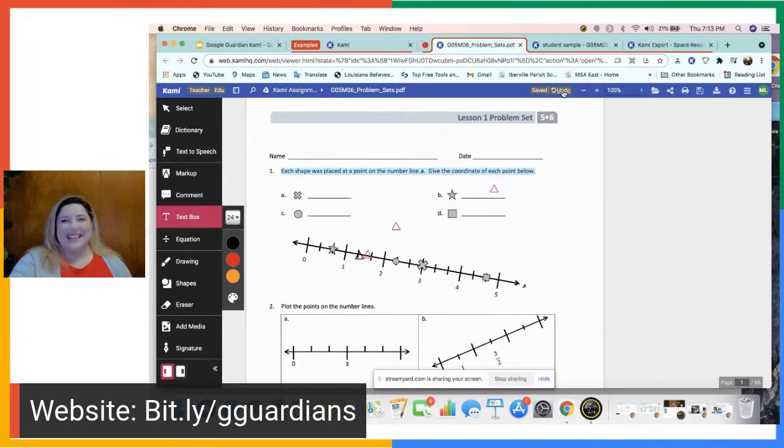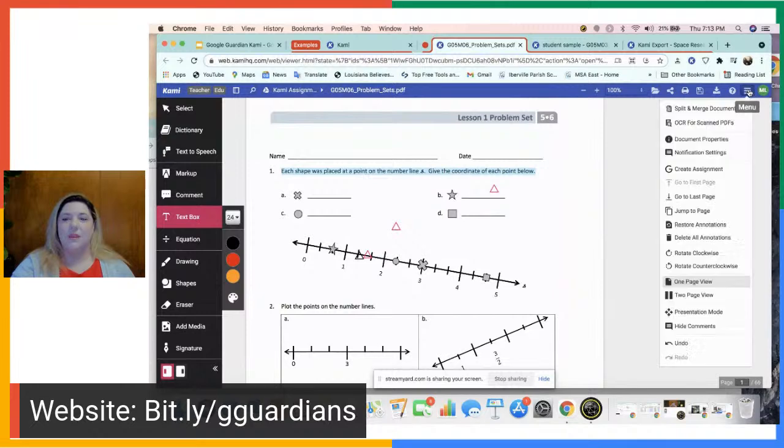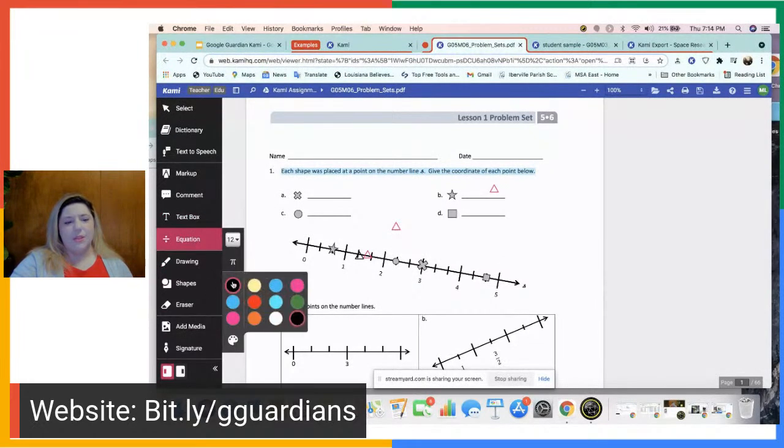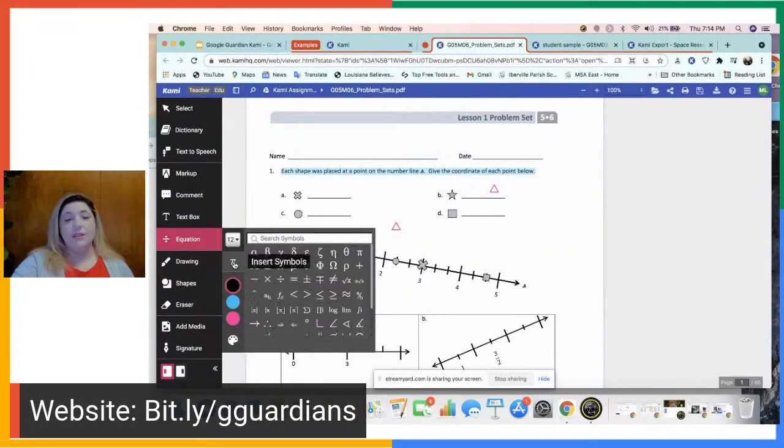Definitely comes in handy. It does have an edit history, not as good as Google Sheets, but it does have an edit history in case you need something. So like, well, we can get to that in a second. But let's say I wanted to add an equation. You can come in and insert certain symbols. So if I wanted to add